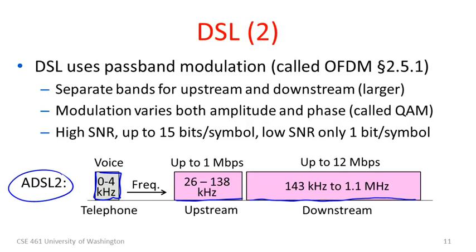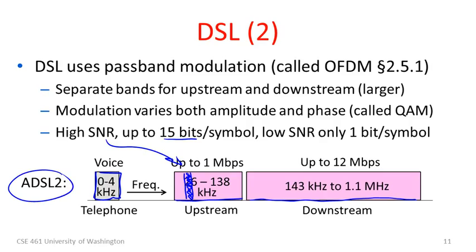All of the different signals in here can send information at different rates. If you have a good portion of this band and you're fairly close to the exchange, you've got a good quality signal, you might get a high SNR and you might be able to send up to 15 bits per symbol. So that's a lot of different amplitude and phase levels, 2 to the 15 at least, to convey that number